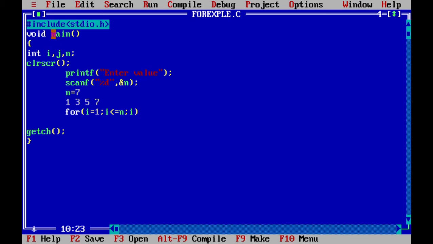You can observe that after printing 1, I directly print 3. Then after that, I am printing 5. So the difference between two numbers is 2. So I will say that i is equal to i plus 2. So when it prints 1, after that it will increment the value of i by 2. So it becomes 3 and it will print the 3 onto the screen. Through the printf, I will print the value of i.